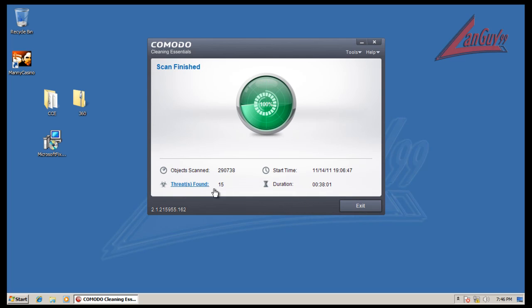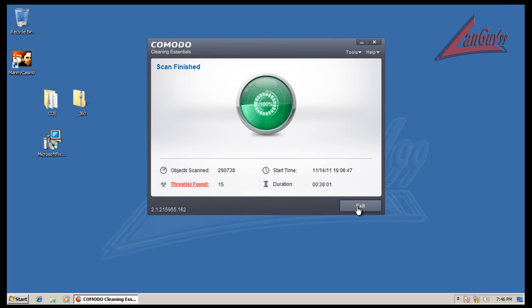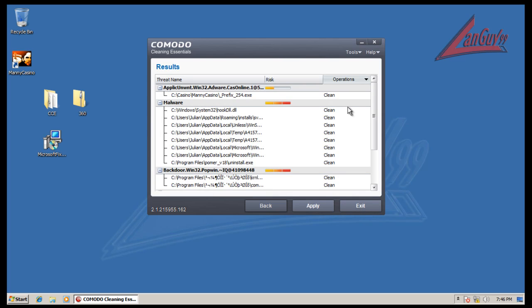It should automatically, if it finds any threats, take you to this window without you having to click on them. Because right now, I don't know what's gonna happen if I hit exit. If it's just gonna exit it or if it's gonna ask me to clean it. What I'm gonna do